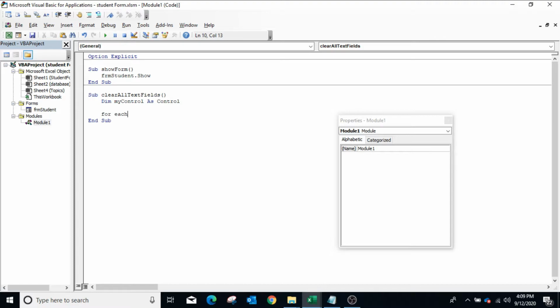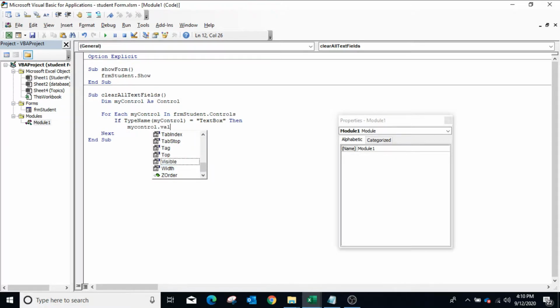So For Each myControl In frmStudent.Controls, Next, and inside the loop we will check the type of the control, and if it's a text field or text box, then we will change the value property to blank.